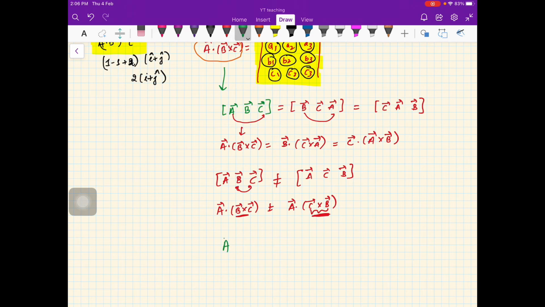Sometimes people omit writing the bracket. For example, if I'm writing like this, sometimes people do write like this, because it is understood that we will not take the dot product first, because otherwise it will not make sense. You cannot have a scalar and a vector and their cross product. It is not making any sense. So that is why sometimes this bracket may be omitted in some of the books.